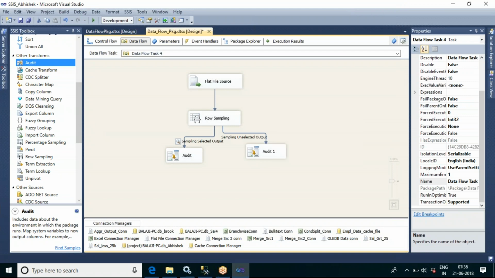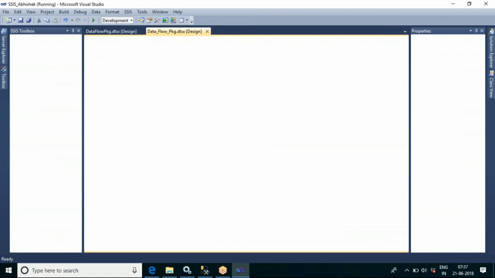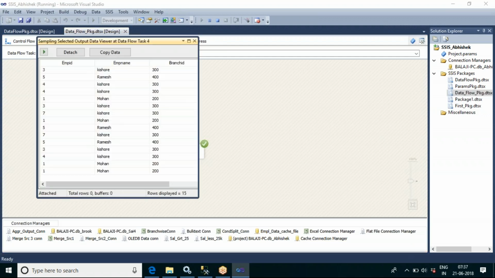Every time it will give us the same set of data. Now you can see we are getting 3544137.